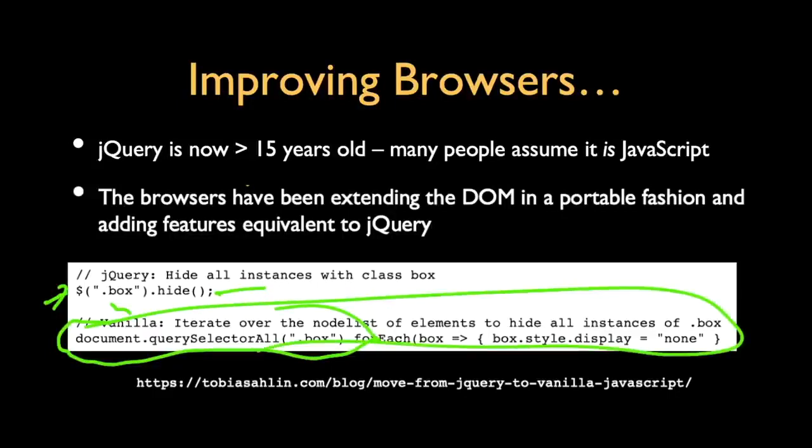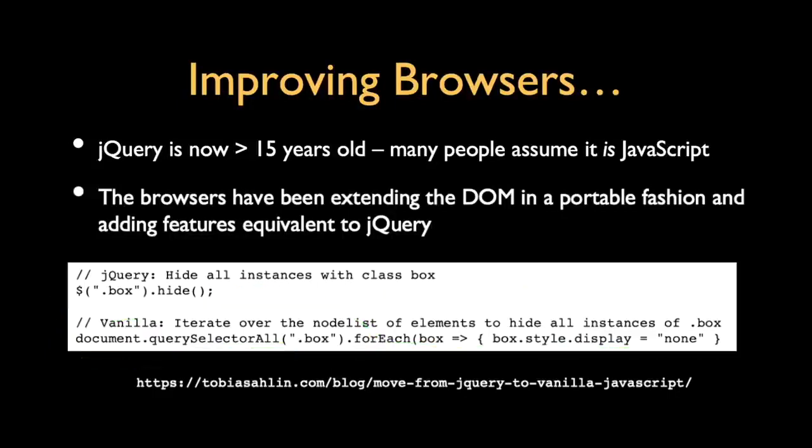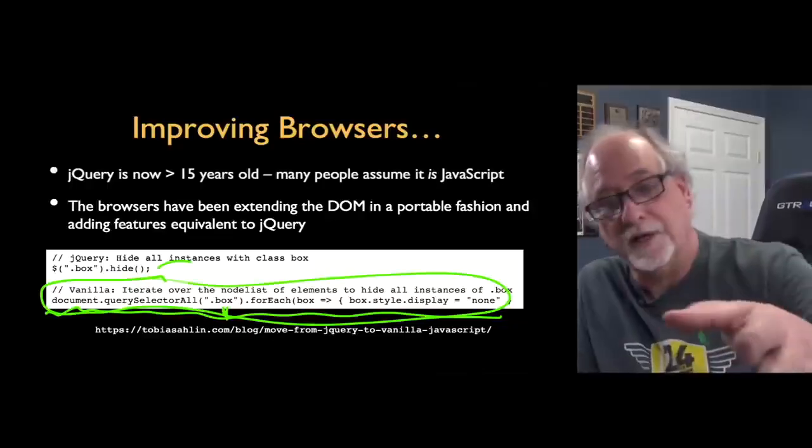Now, what you find, honestly, is that the vanilla JavaScript way to do stuff is often a little wordier than the jQuery stuff. And I don't quite know why they didn't just make fake jQuery, but ultimately the only thing that really matters here is the dot box and all this other stuff. Box style display is none. They chose not to change the document object model and give it a whole new layer on top of it. But in time, when we can all use what's called vanilla JavaScript,